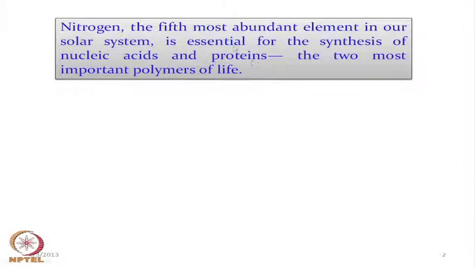Proteins are formed from different polypeptides, and the basic ingredients for the formation of these polypeptides are the corresponding amino acids. So, if we have the synthesis of those amino acids, a very simple amino acid we know is glycine. The synthesis of glycine also depends on the fixation of nitrogen, if that nitrogen is coming from the atmosphere. So, for our life these two are very important polymers, they are nitrogen bearing, and they are very much dependent on the nitrogen cycle.